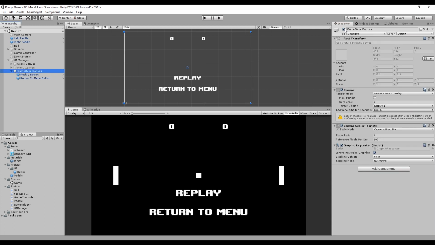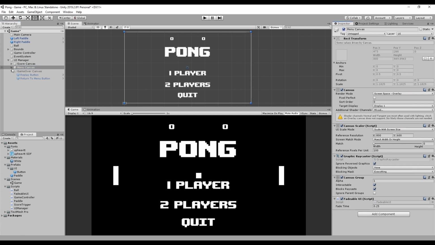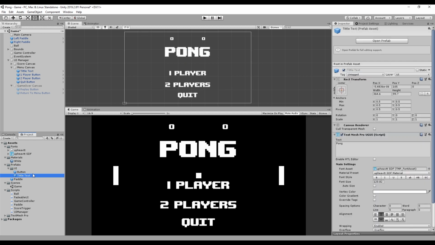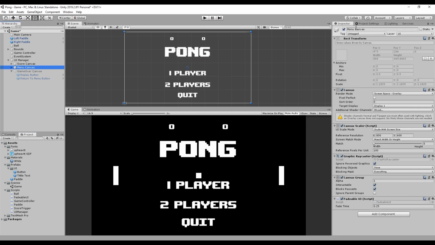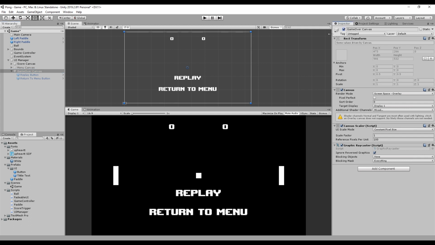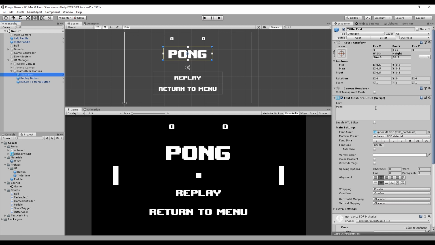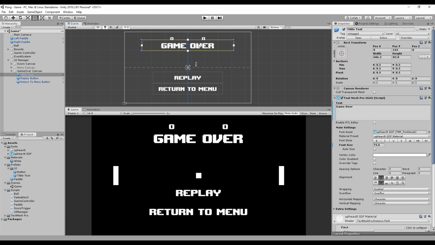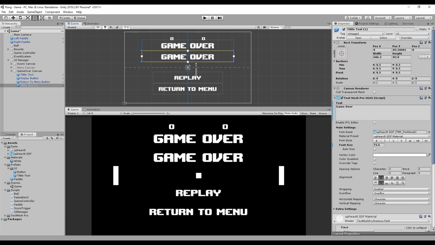So I'm going to go into the menu canvas, and that title text that we had, I'm going to go ahead and prefab that so we can have that around for our other UI. So here for our game over, I'm going to reuse that title text and just call it game over, and I'll probably make the font a little bit smaller. And then I'm going to duplicate this and make the font even smaller, and it's going to contain, let's say, the winner is,